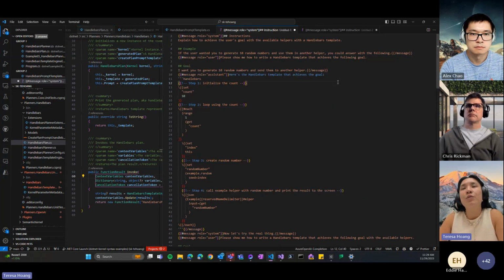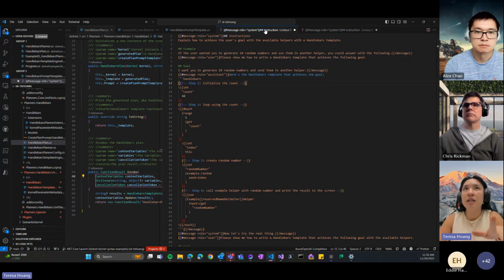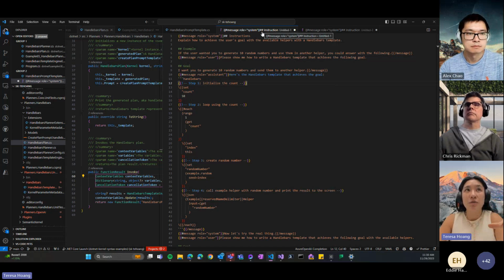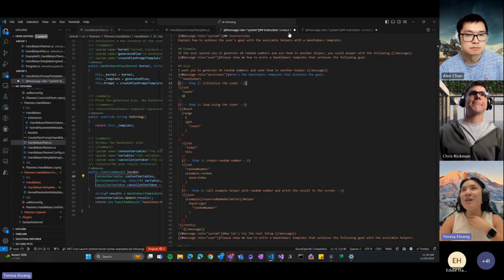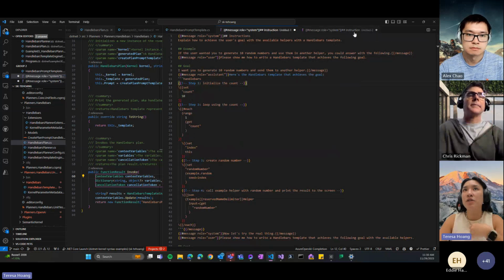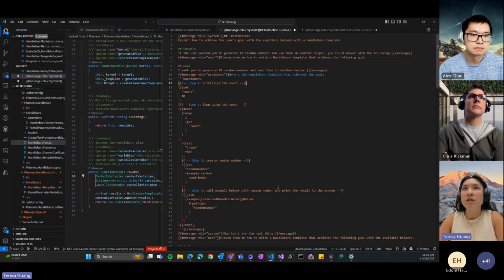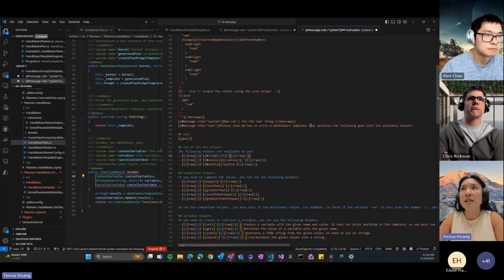Right now, we have two versions of the prompt, and I've split them up because the Handlebars planner is already in the Semantic Kernel repository if you want to take a look at it and play around with it. The prompt has both versions of the prompt that I'm about to show you. I split it up just for ease of the demo, but there's one version that allows loops and the other version doesn't allow loops.